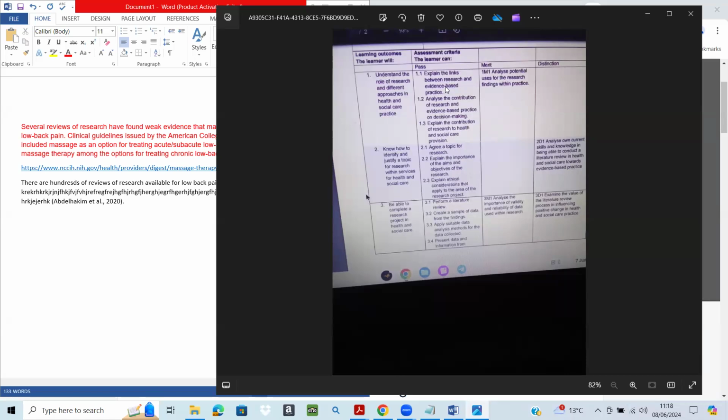Why? Because it has two important keywords. We always need to look for the keywords, and if I don't answer the important keywords, we won't get a pass grade. No matter what we have written about the merit or distinction criteria, we won't get a pass grade, because we go step by step. So for example, here again they are asking for the contribution of research and evidence-based practice on decision